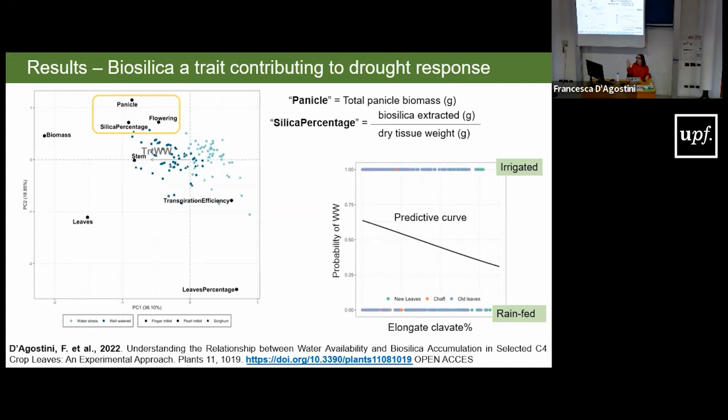So although I know that these results seem highly specific, I would say that they carry significant implications for two reasons. First, because they suggested that likely biosilica is a trait that contributes to the drought response. And in other words, just to give you a simple example, this means that maybe we can start to think about